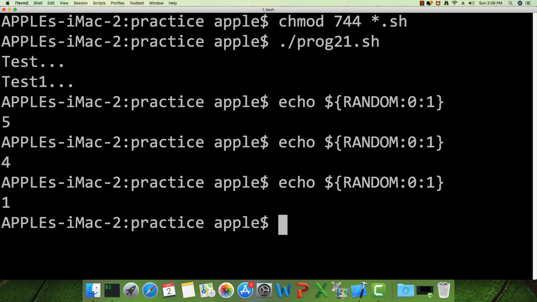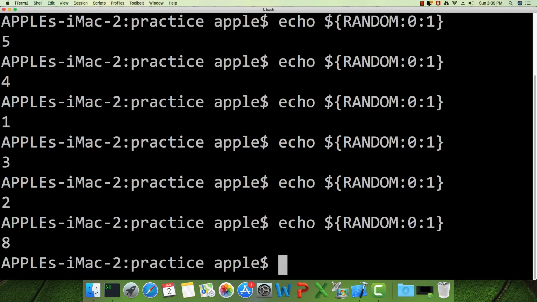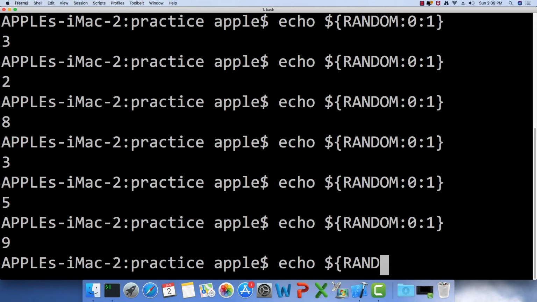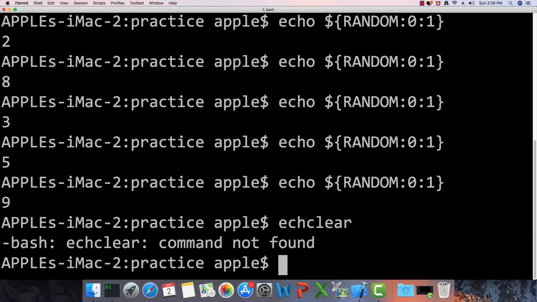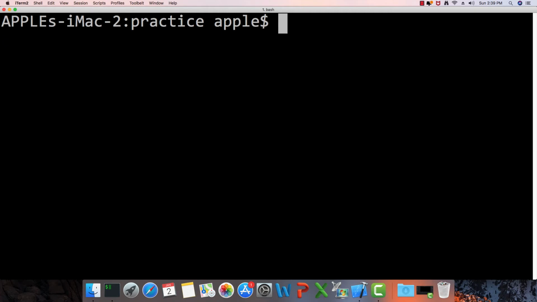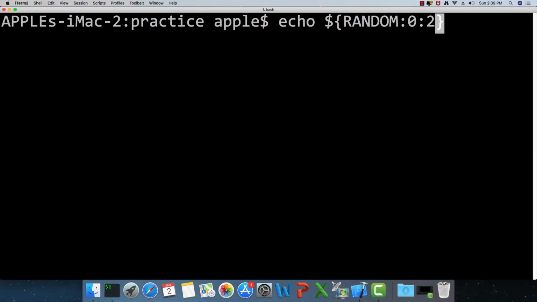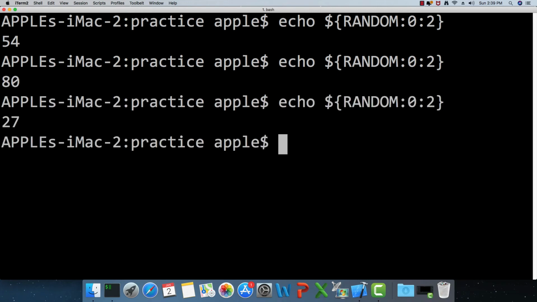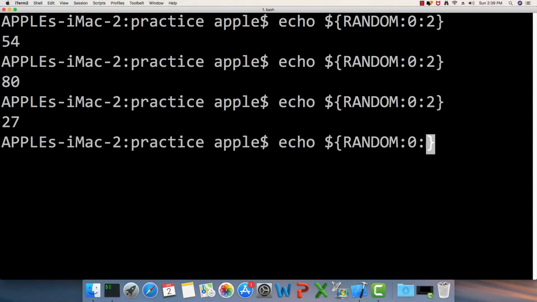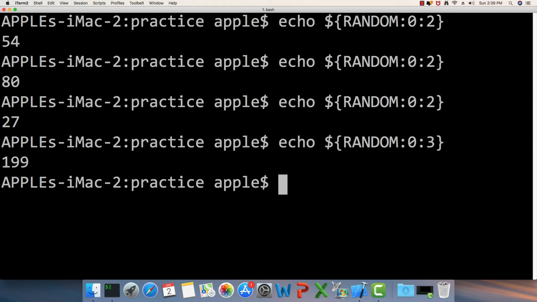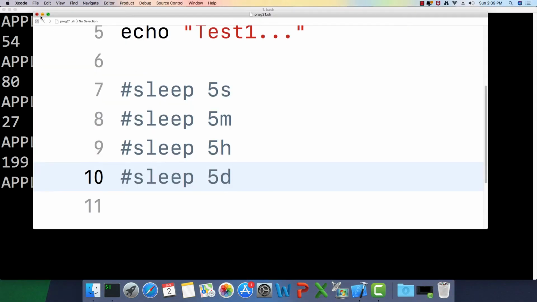Every time I run this, a single digit random number will be generated. For a 2-digit random number, we will have to say 2 here. Similarly, for 3-digit, we will have to say 3. So I'm just going to generate a random number using this trick.